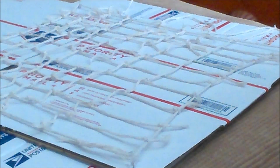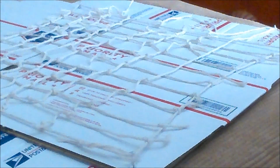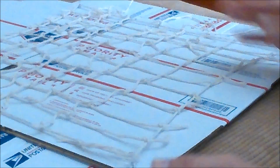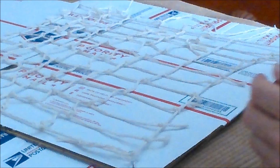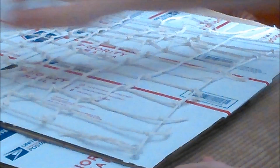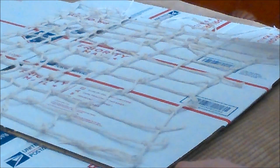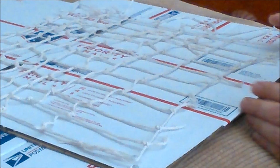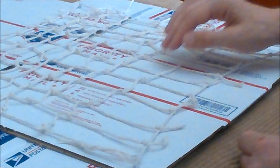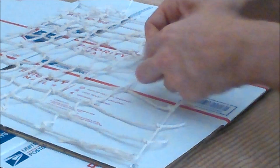Okay, now what I'm doing right now is constructing the netting for my ghillie suit project, and the way I did it was I got a cardboard box here, though you can use a wooden board and a couple nails, but the point is you want to have it taut. So for this I'm using some push pins here on each one of the corners, so that way the net is taut enough for me to work it, yet I also have a little extra string to compensate for how I'm tying the net, such as making these little grids, doing a simple overhand knot,